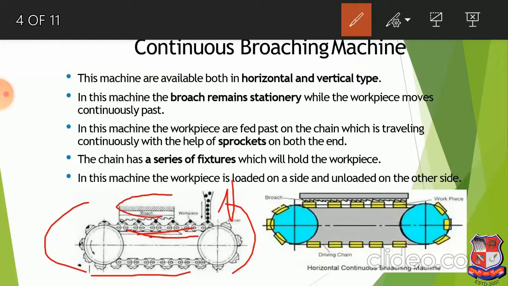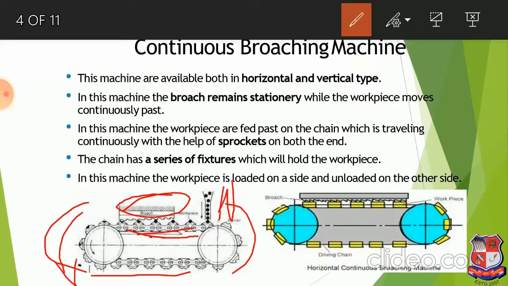This is the broach, right? As this sprocket rotates, there will be contact between workpiece and the broach, and the broach will be stationary while the workpiece is in straight line motion, and because of that motion the machining will be carried out, right? From one end the workpiece will be loaded on the top of the sprocket from here, and from the other end it will be unloaded, right? So that is the continuous broaching machine.